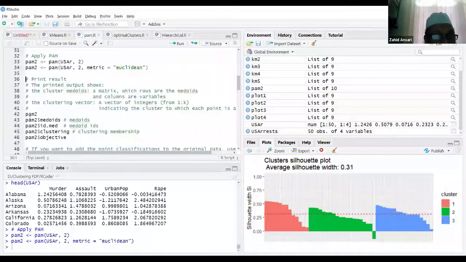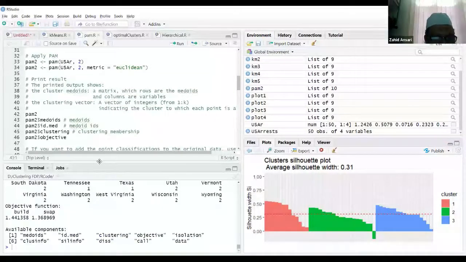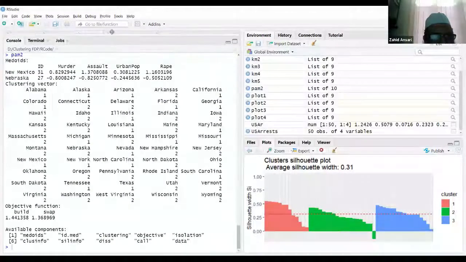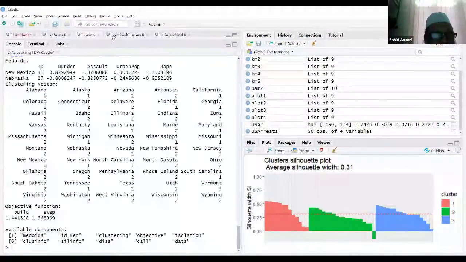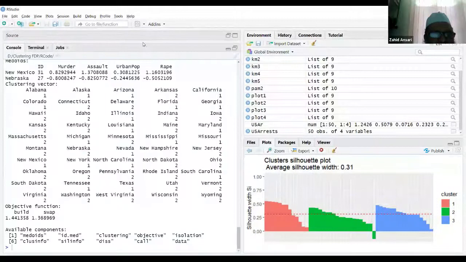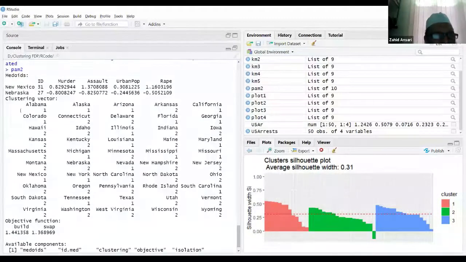Now if I print it, what are all the things it gives? See, it also gives us the medoids. Now you see the medoids are actual objects, not imaginary centers. So there are two objects: one medoid is New Mexico, another medoid is Nebraska, and their coordinates are given.